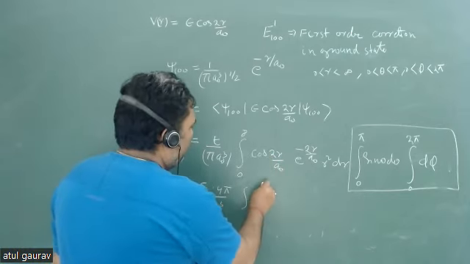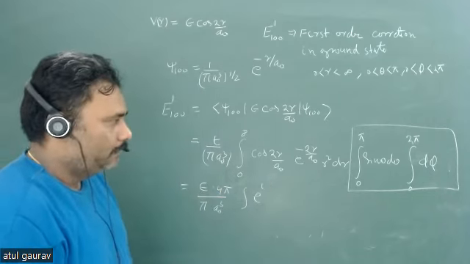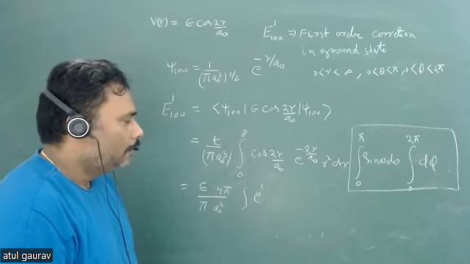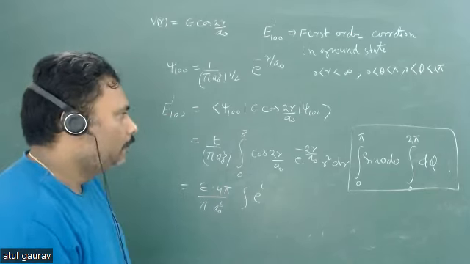I can write e to the power. Yes. So 4 pi 2 pi. हाँ? So 0 to 2 pi है ना? और इसे कौन इंटीग्रेट करेगा? मैंने इस पूरे को इंटीग्रेट किया है।